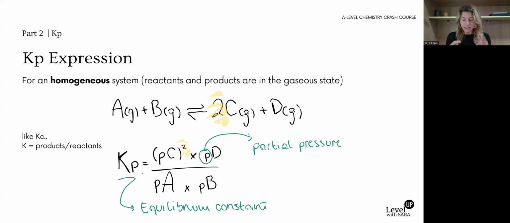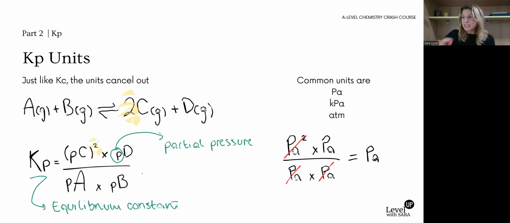Now we've seen Kc, the equilibrium constant for concentration, Kp, the equilibrium constant for a pressure system, and then we will see also Ka, which is the acid dissociation constant. But remember, they're all calculated in the same way. This means that the units are also the same, just like Kc, we cancel them out, and the common pressure units are pascals, kilopascals, atmospheres. Unlike that, in this calculation, you may have to do conversions. Unit conversions are more common for ideal gas equation calculations, as well as